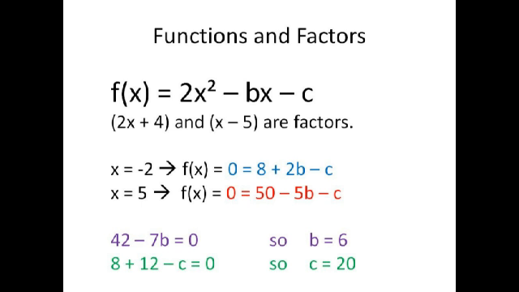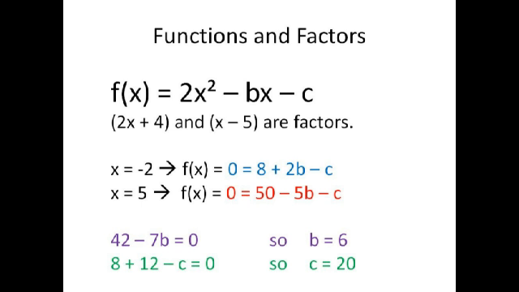And then our other one, x minus 5, we know that f(5) is equal to 0. So 50, when we've subbed it in, minus 5b minus c equals 0. Then it's just a case of applying basic GCSE simultaneous equation knowledge, and we'll have our simultaneous equations, which are 8 plus 2b minus c equals 0 and 50 minus 5b minus c equals 0. And I think what we're going to do is take one of them away from the other. We're going to take the blue one away from the red one, and we'll be left with 42 minus 7b